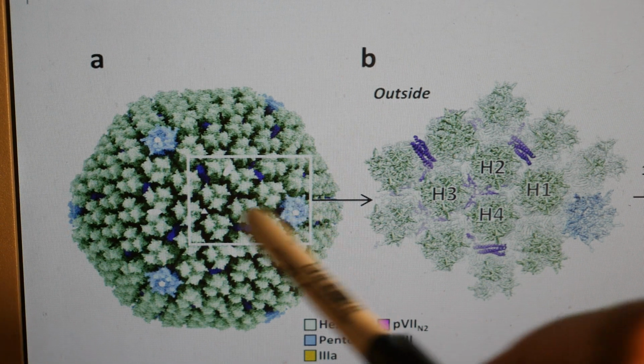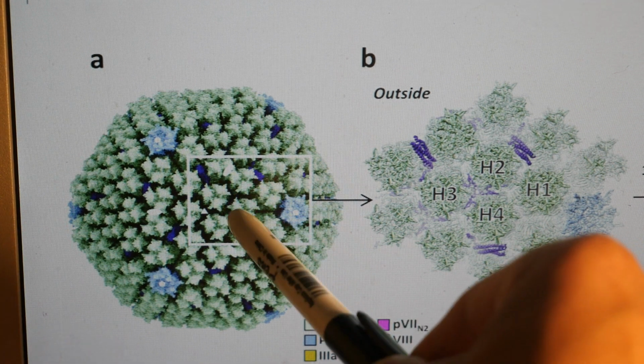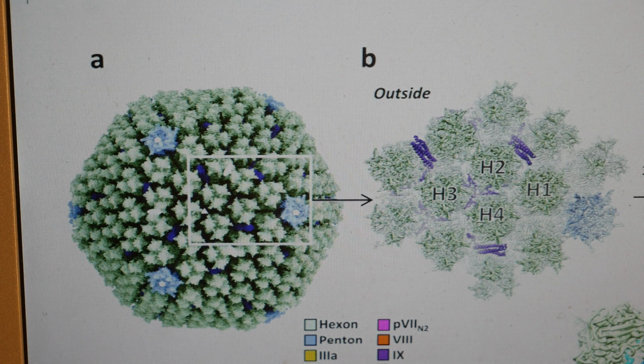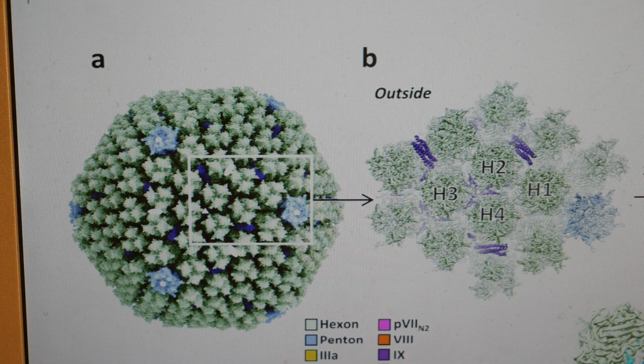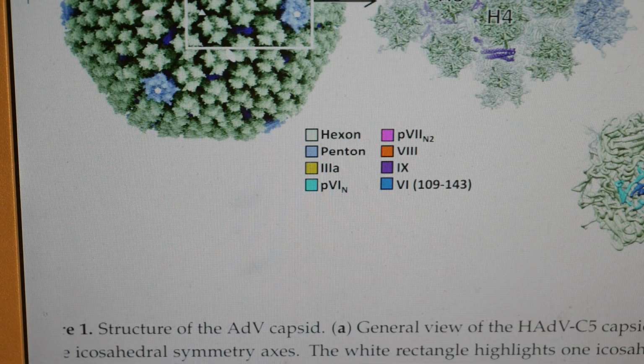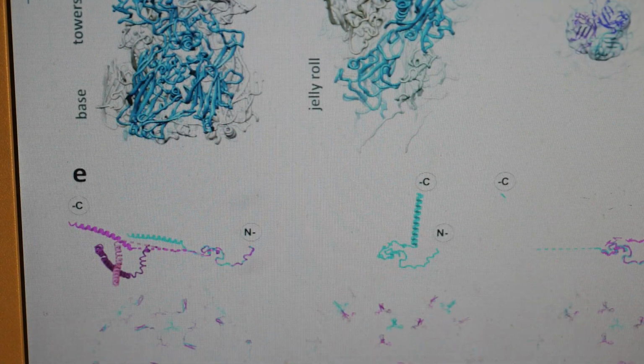The actual proteins in the capsid, each one is 900 amino acids in all adenoviruses. The proteins are folded into two 8-stranded beta barrels, held apart by a small beta sheet. I'll try to show this in another video. I can't draw it here, it's too difficult to draw. But basically, if I scroll down,